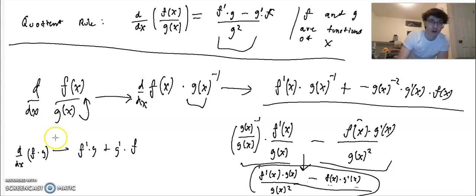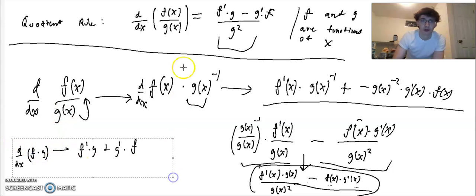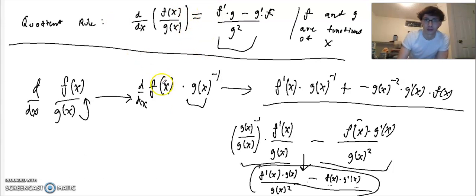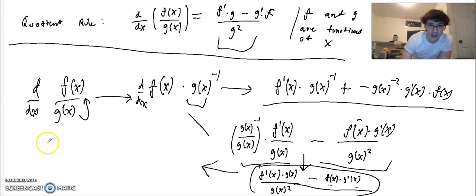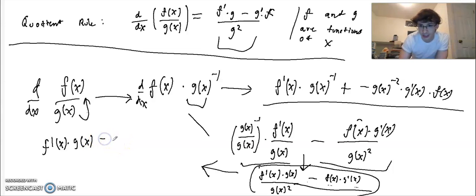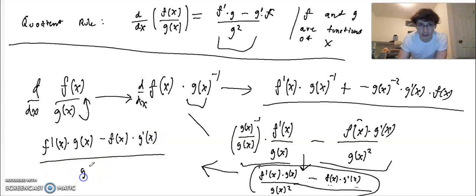So let me just go over it one more time real quick and then we'll do an example. So moving this over, it is f prime of x times g of x minus f of x times g prime of x, all over g of x squared. And that is the derivative of f of x